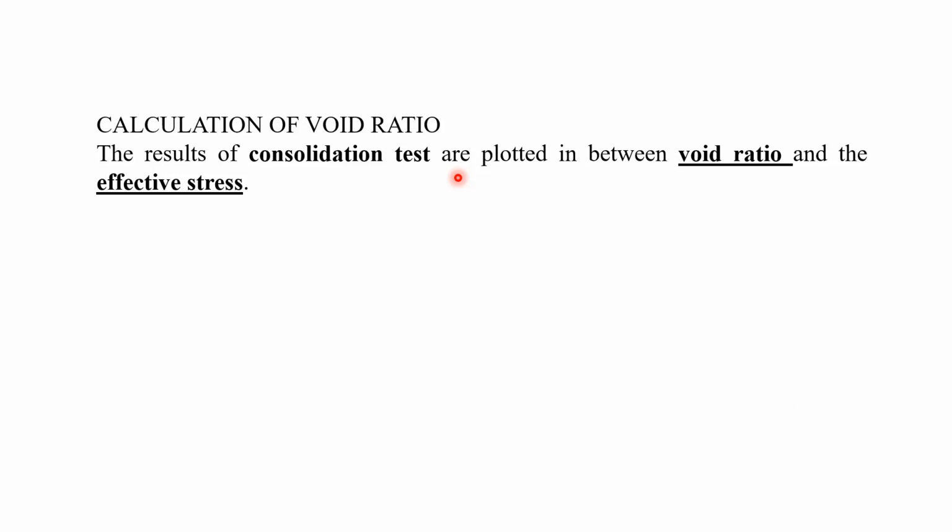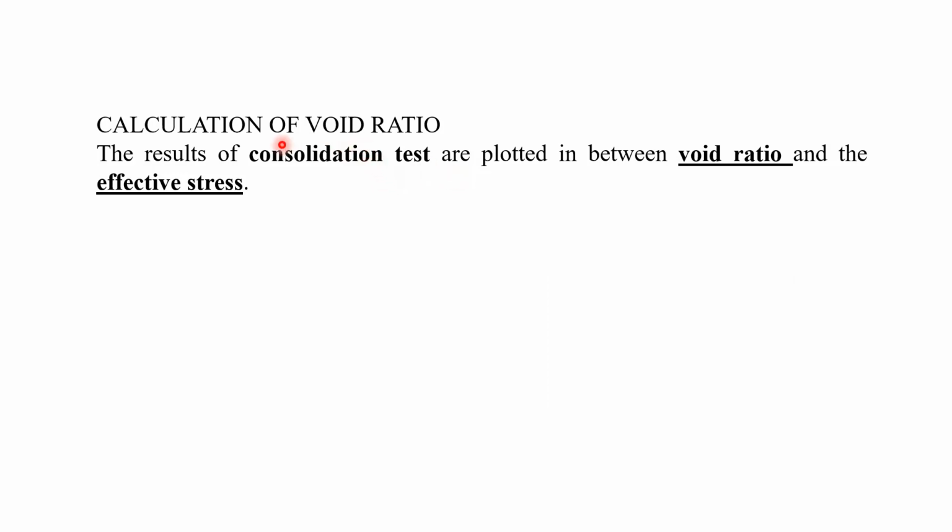So this test can be continued for the period of 1 week. Why? Because you are going to put the load on the hanger, and how the dial gauge reading is going to change, that also you have to note down for one load, and this will continue for 24 hours. Similarly, you are going to double the load, and again you have to continue the experiment for 24 hours. So likewise, we have to proceed for 1 week.